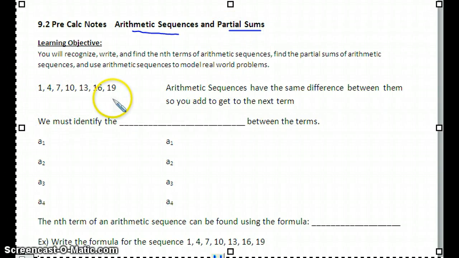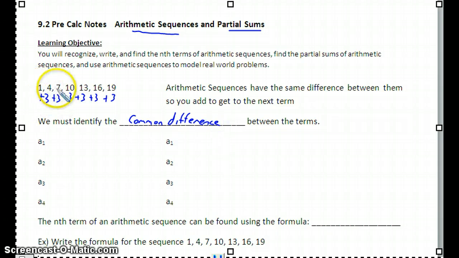So here's an arithmetic sequence. I know that it's arithmetic because to get from 1 to 4, I'm adding 3. To get from 4 to 7, I'm adding 3. I'm adding 3 to get from 7 to 10, and I consistently am adding 3. So this adding 3 is something that we're going to call the common difference. The difference between these two terms is 3, the difference between these two terms is 3, the difference between these two terms is 3. And so we're going to come up with a generic formula